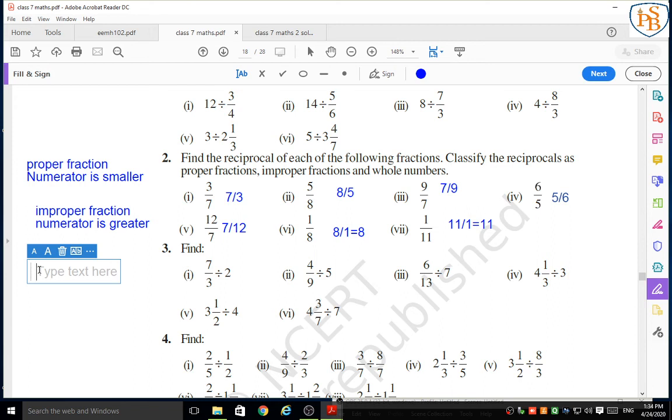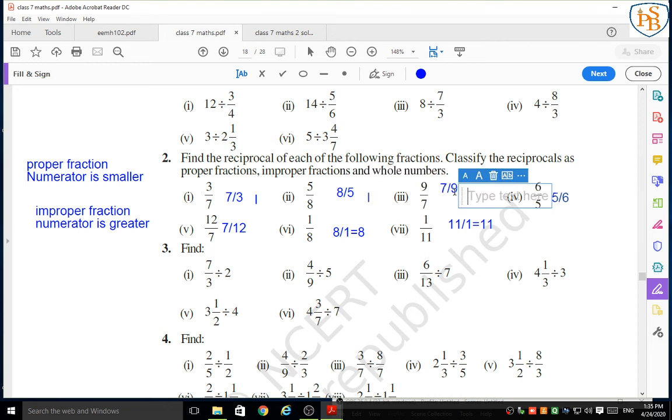Already you have studied that the whole numbers are 0, 1, 2, 3, 4, 5. That you can easily find out. Already you have got it that question number 6 and 7, the reciprocal of 1 upon 8 and the reciprocal of 1 upon 11 are whole numbers. But how can we identify whether these reciprocals are proper or improper? Look at here carefully, 7 upon 3, the numerator is greater. That means it is an improper fraction. Okay. Now this is 8 upon 5. Again the numerator is greater, so it is an improper fraction.